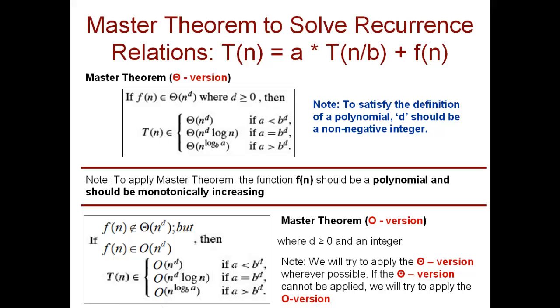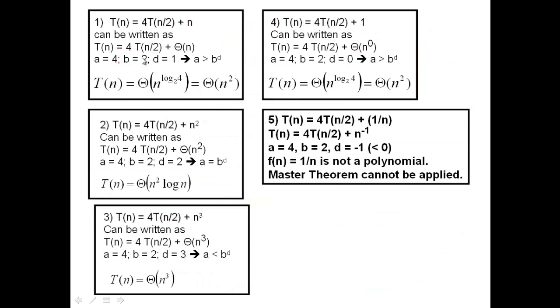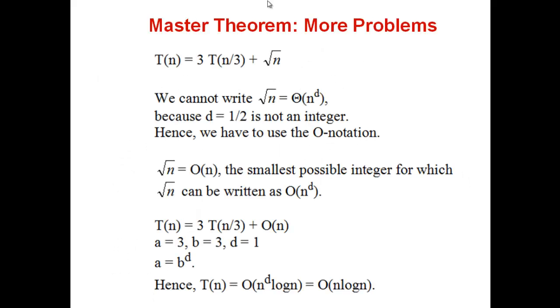Okay. So given a polynomial like this, the first step is to find f of n and write it as some theta of n raised to d. So when we write like that, if you cannot find a d that can fit here as an integer, then instead of theta, we have to use a big O notation. That's what I mean. So for example, here, if I write this as a theta of n raised to d,